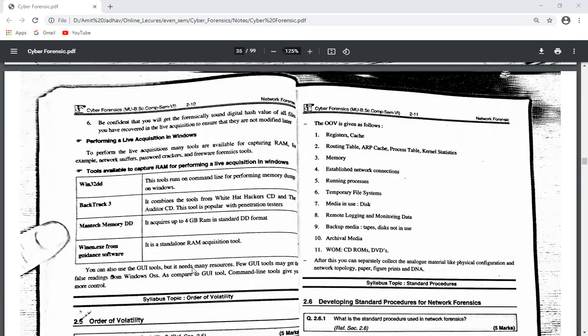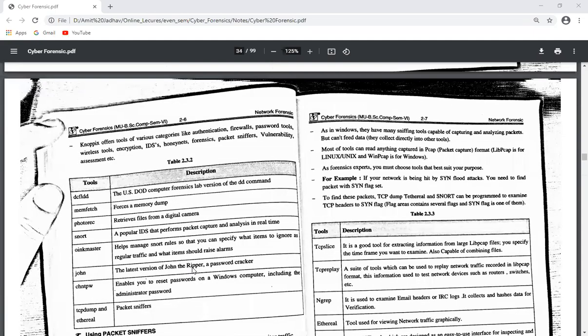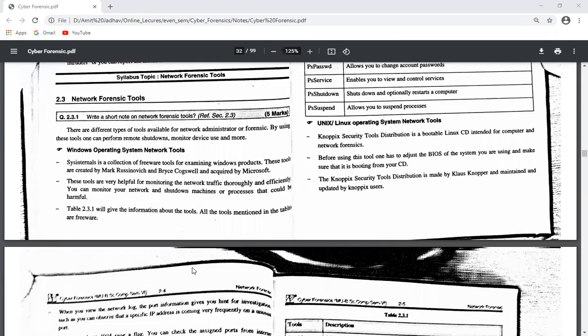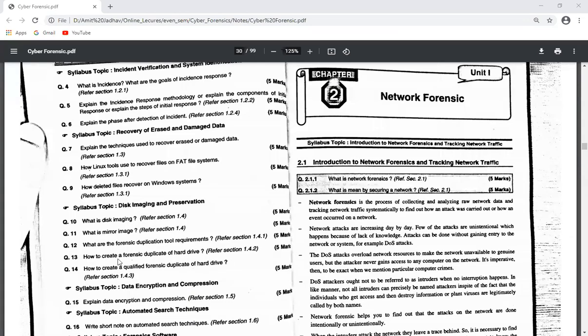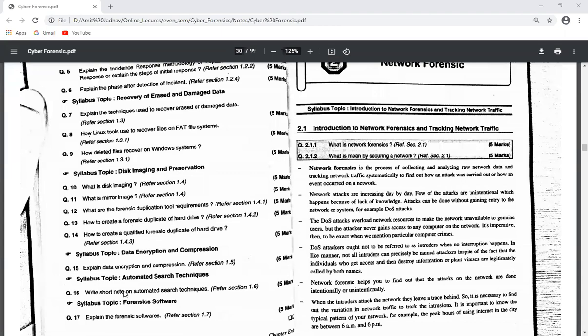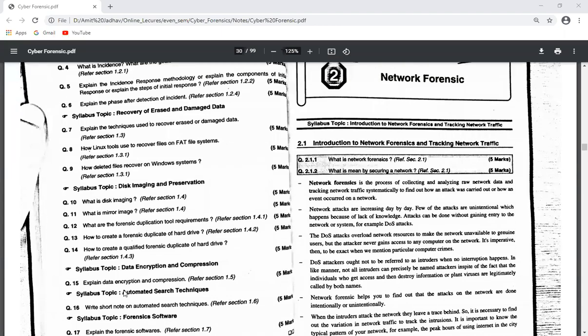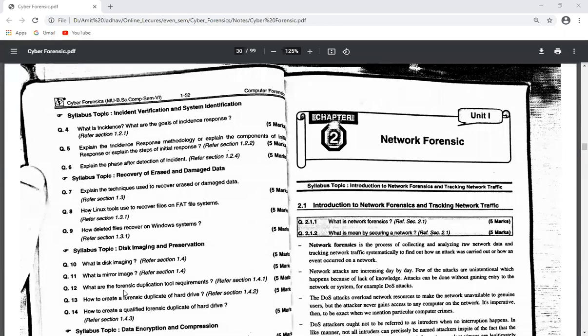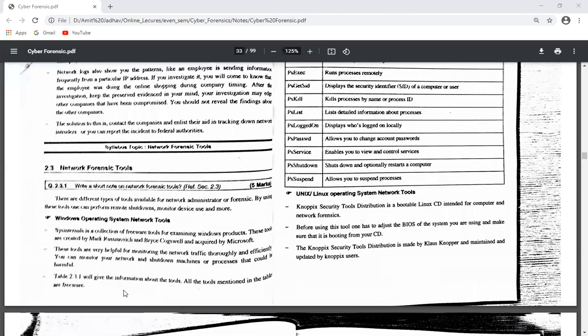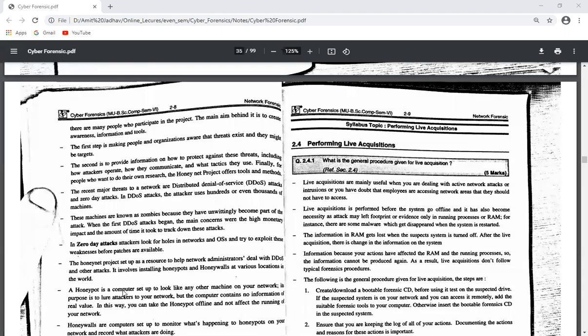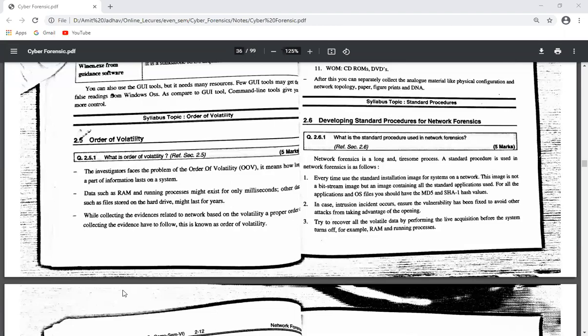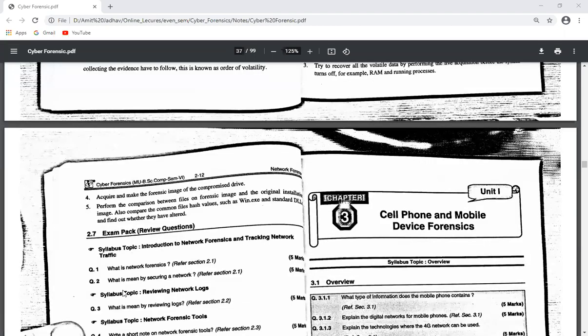Okay, and all the answers you will find in these notes only, or this book only. Okay, and for the first chapter, we have the questions that we have already discussed. You have to note down all the questions with answers in your assignment book and submit it when our offline college starts.